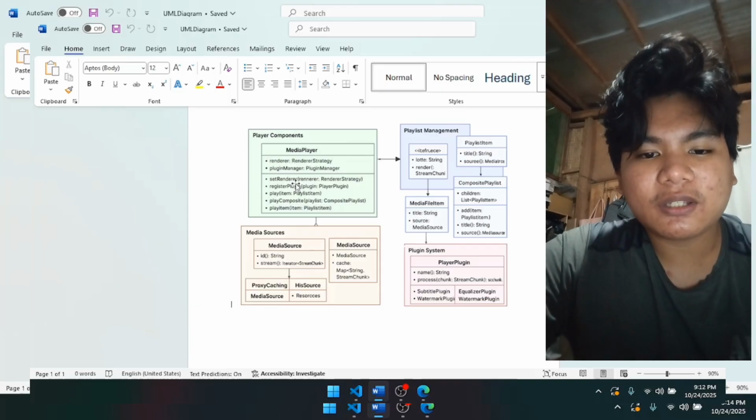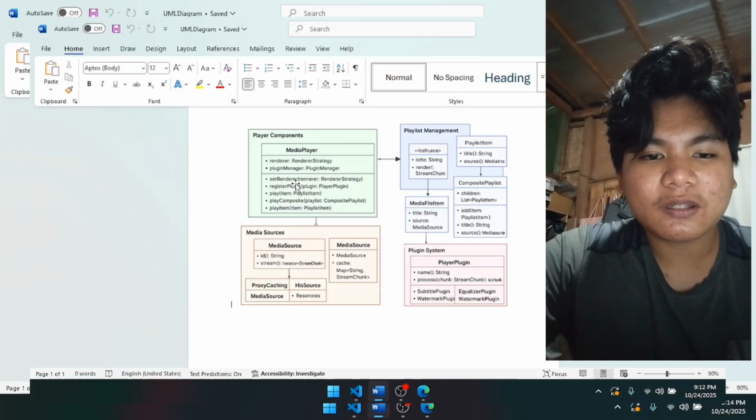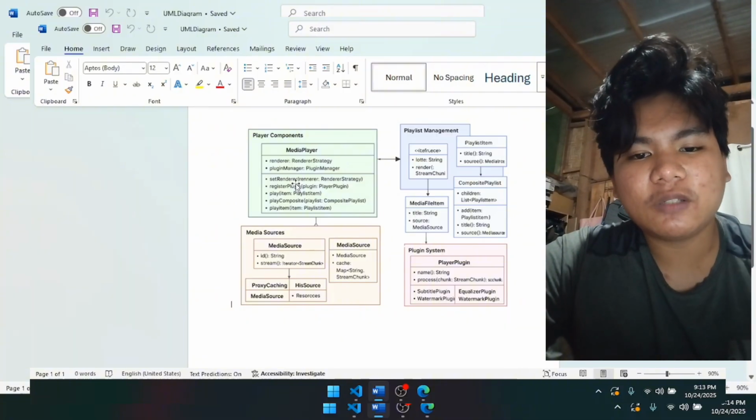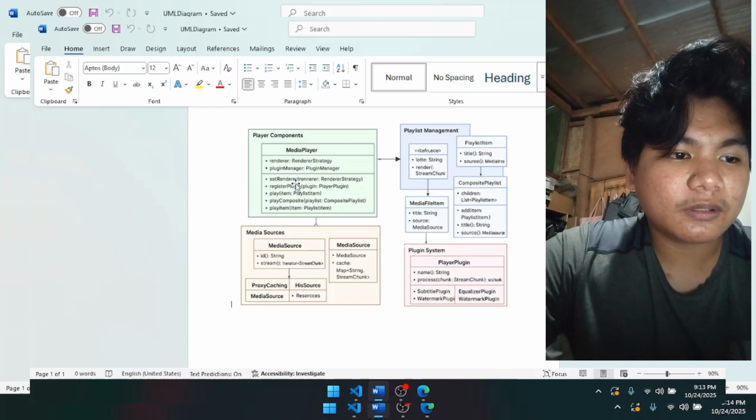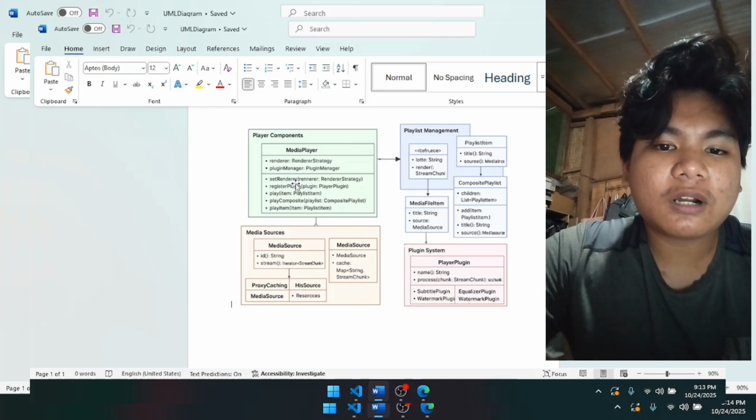So the first is the media source interface, which exposes two methods. The first one is the ID components. The player component identifies the source. The components package is the core of the system. Concrete implementations include the media player class, which controls local file source for